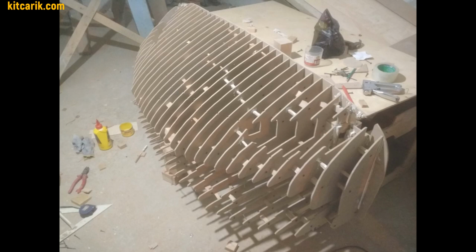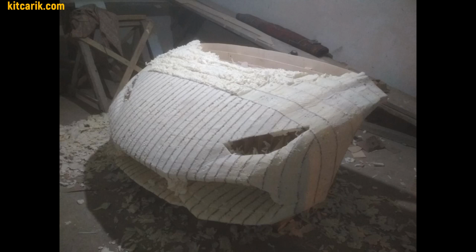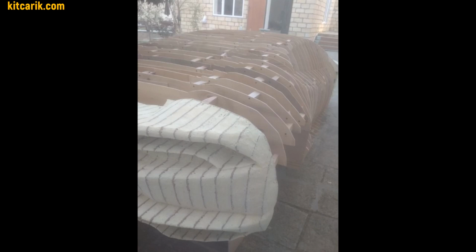It turned out great. Next, he filled the space between the sections with foam and, after drying, leveled the car buck surface. He did the same with the rear part. After making sure it was as easy as Lego,